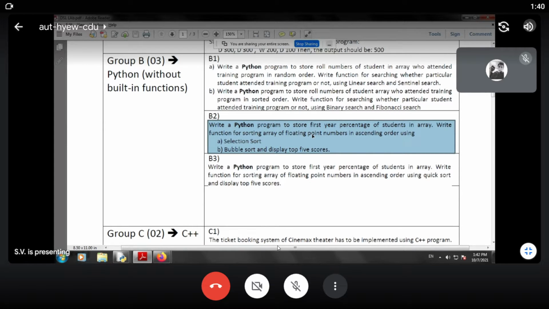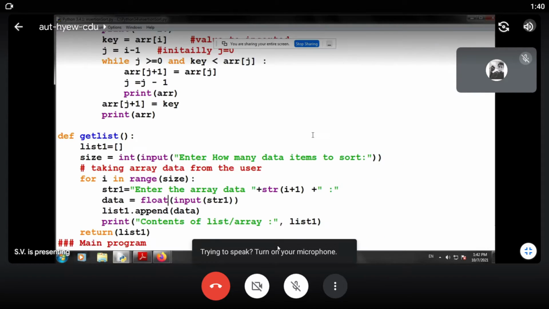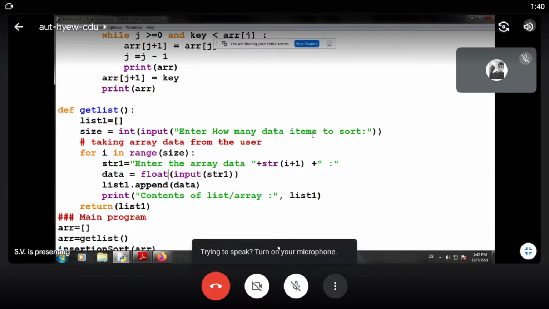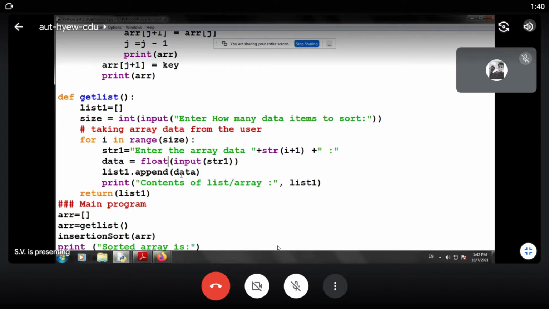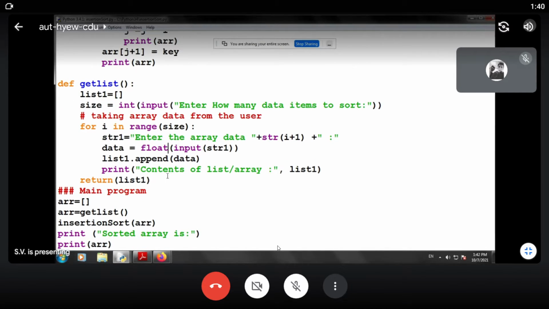So we are again using the same problem statement: write a Python program to store first year percentage of students in an array and sort the array of floating point numbers. So we are storing percentages, and we say that it is a floating point value, and the getList function is only collecting data into an array and returning the output.